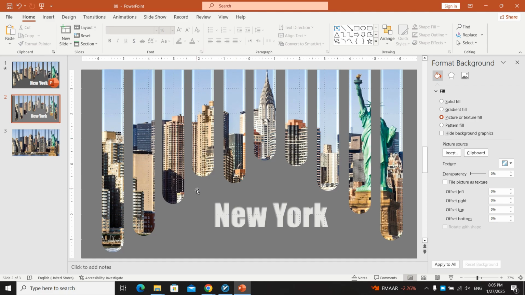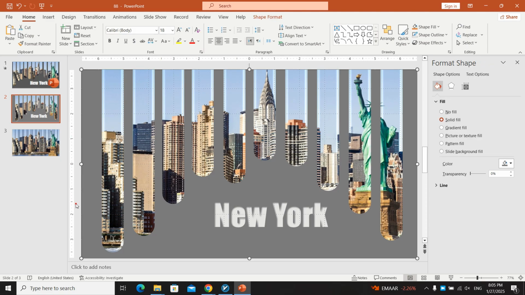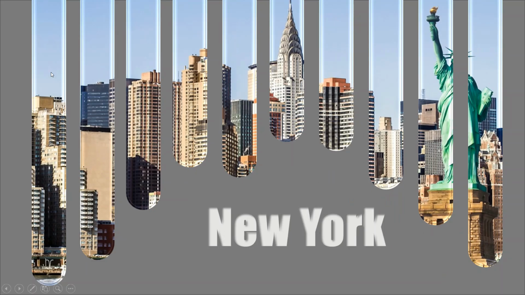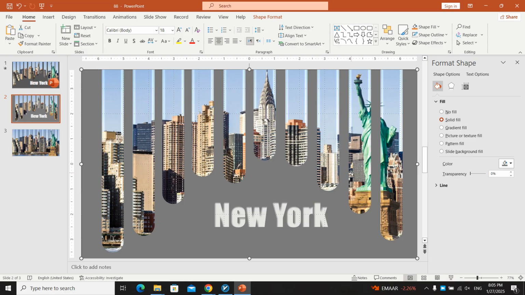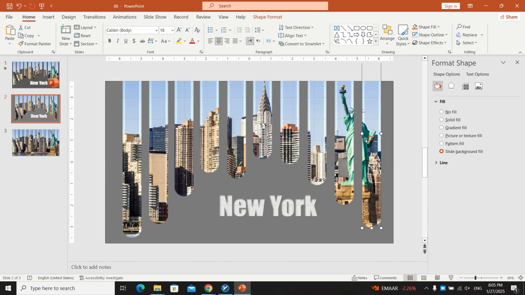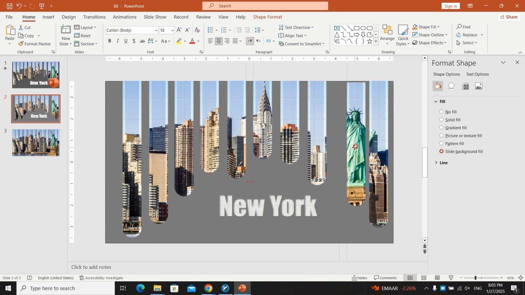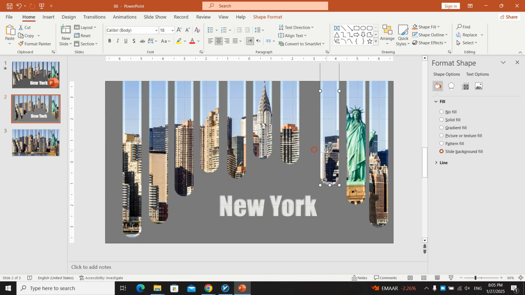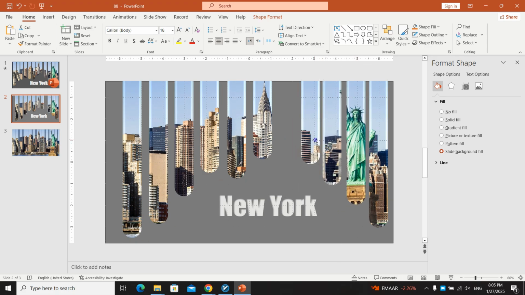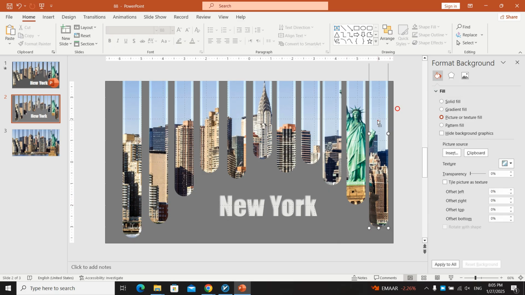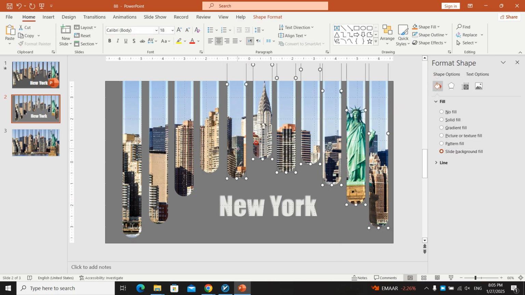The slide has been created beautifully. Let's see our slide. It's great. Let me just make it a little better to see the Statue of Liberty. Okay, it's good. Now I think it's good. We see the statue. Okay, what I'm going to do, I'm going to select all of them by pressing Ctrl